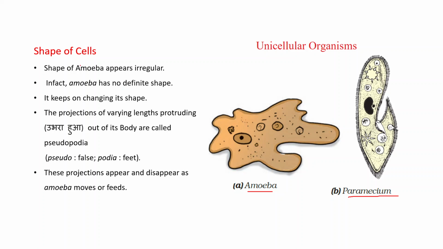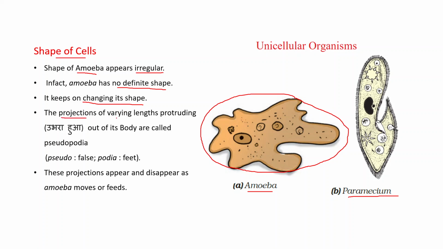Okay. Shapes of cells. The shape of amoeba appears irregular. Not a definite shape. You can't define its shape. In fact, amoeba has no definite shape. It keeps on changing its shape. The projections of varying lengths protruding out of its body are